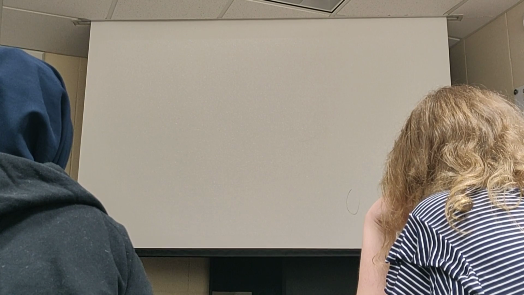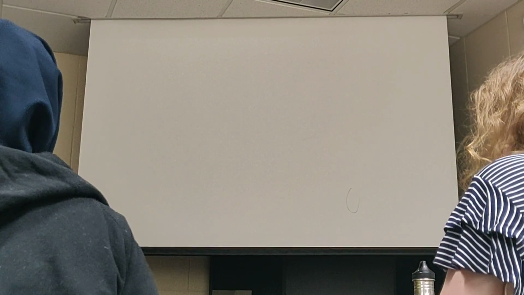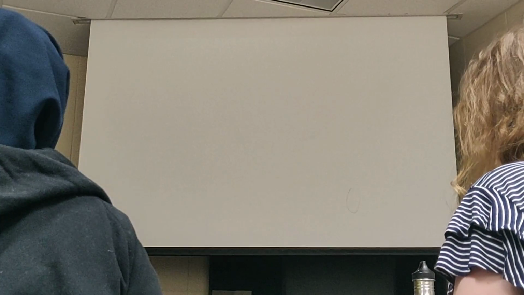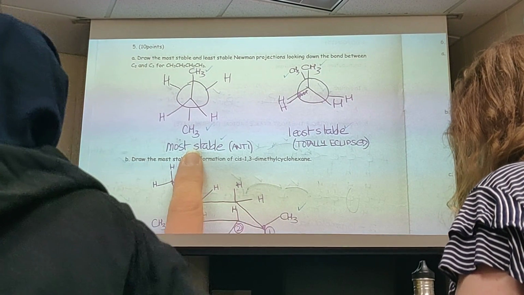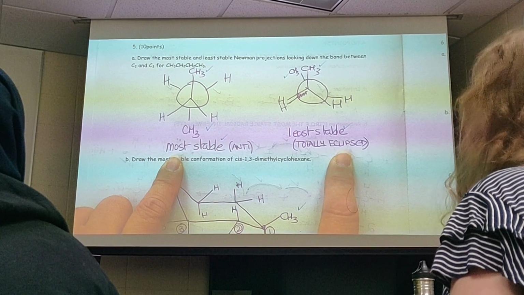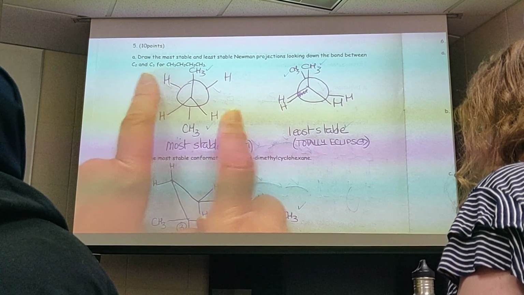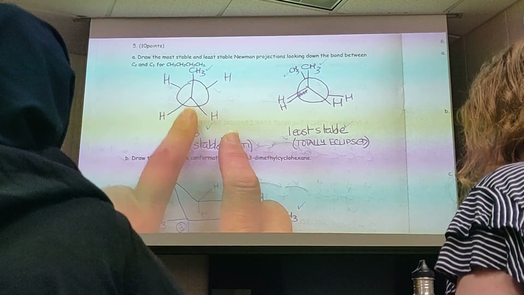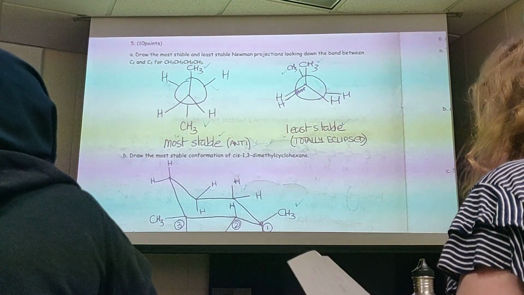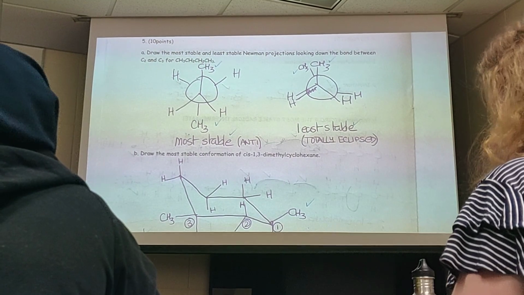Questions? Yes? Should we go back to 5A? 5A. Okay, 4A, 5A. Yes. So, most stable is anti, least stable is totally eclipsed. Okay. And you are looking for C2 and C3, so that's how the Newman projection works. Other questions about mini test number 3? So I'm going to stop here and